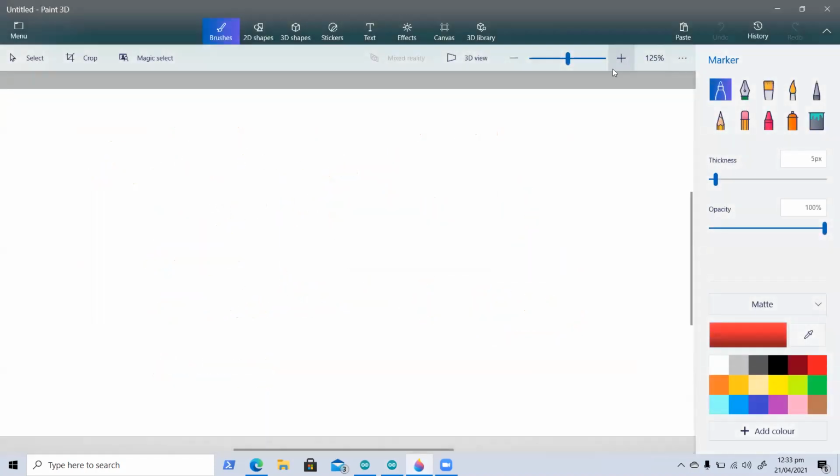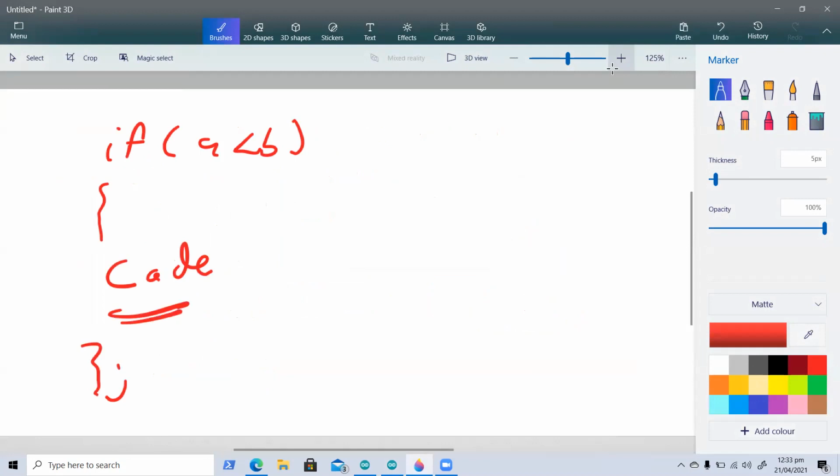we would do something like: if A is less than B, execute some code. Else, execute some more code. And we do that. But inside here is an ASCII value,